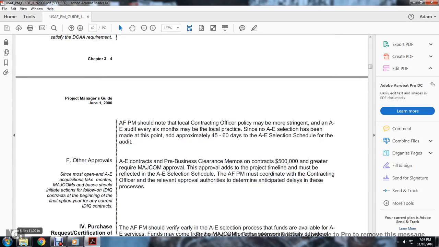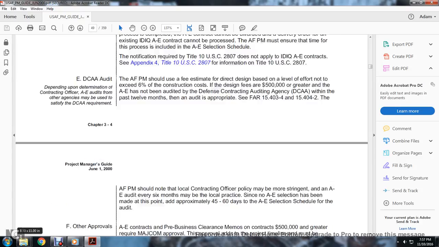Major command base should be the initiated action following the indefinite quantity contracts for the beginning of the final operation for any of the